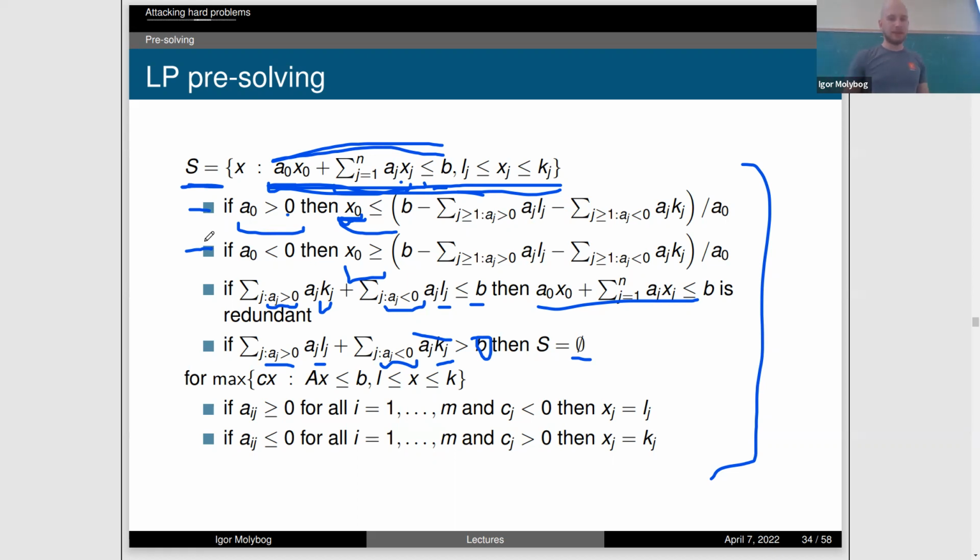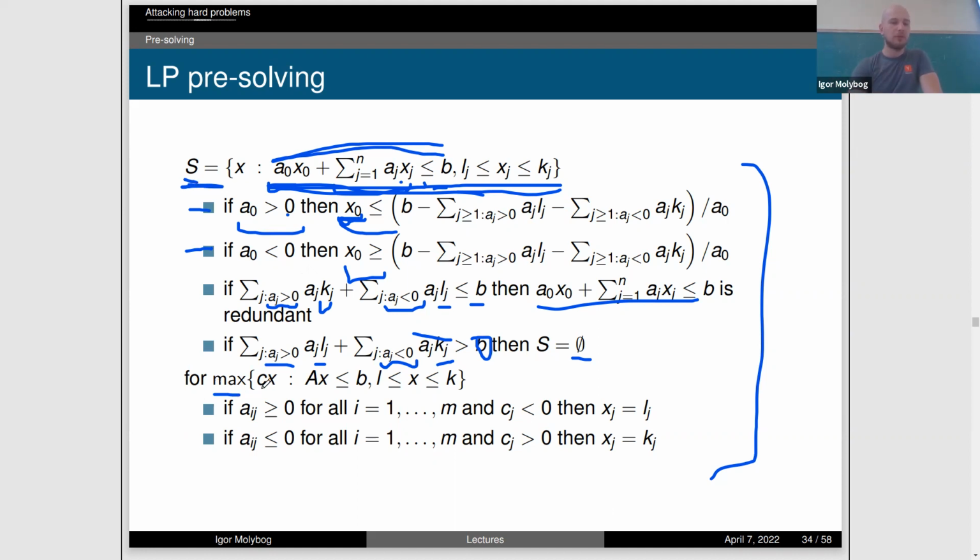Then, so this is called basically the, you can relate to this as constructing upper and lower bounds on the variables, but also there is kind of like a variable fixing philosophy. For that, you need to consider not just a set S, but a